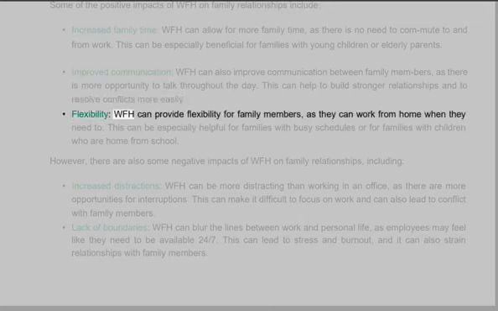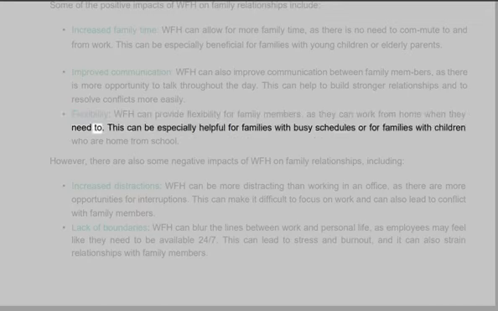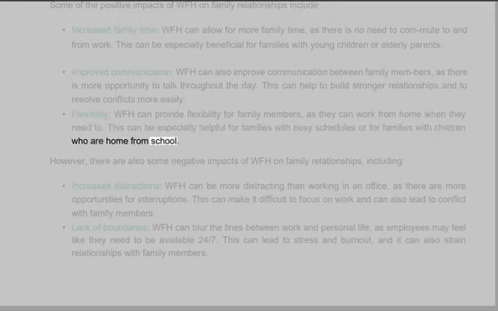Flexibility. WFH can provide flexibility for family members, as they can work from home when they need to. This can be especially helpful for families with busy schedules or for families with children who are home from school. However, there are also some negative impacts of WFH on family relationships, including